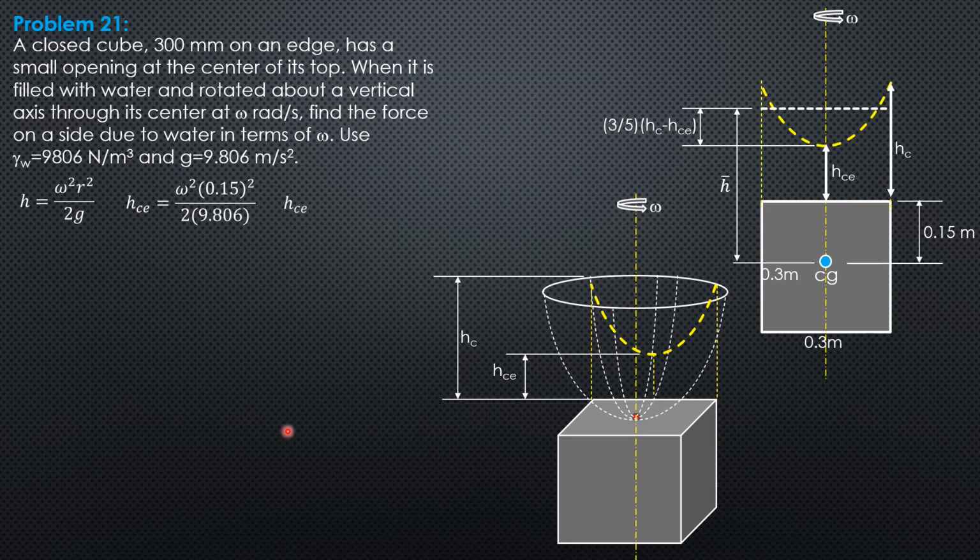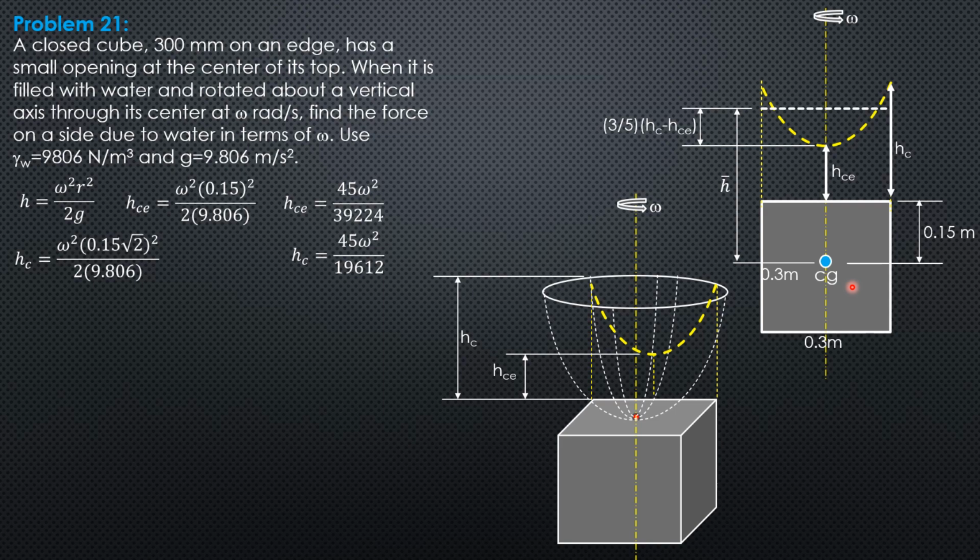So that would be 45 omega square over 39,224. Then at the corner, the radius is 0.15 square root of 2. So H sub C is omega square quantity 0.15 square root of 2 square over 2 times 9.826. And that is 45 omega square over 19,612, which is 2 times H sub CE. So force is